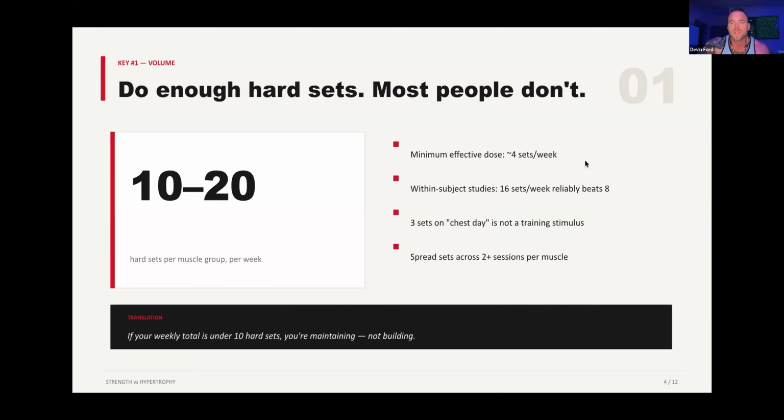Okay. So more sets is always better. In the research, what they've seen, they had one person that did 8 sets per muscle group per week. They had one person who did 20 sets per muscle group per week. They had that same person do 30 sets per muscle group per week. Every time they did more, it was better without fail. Literally, what I'm saying is the more strength you do, the better, period, which is fucking nuts.